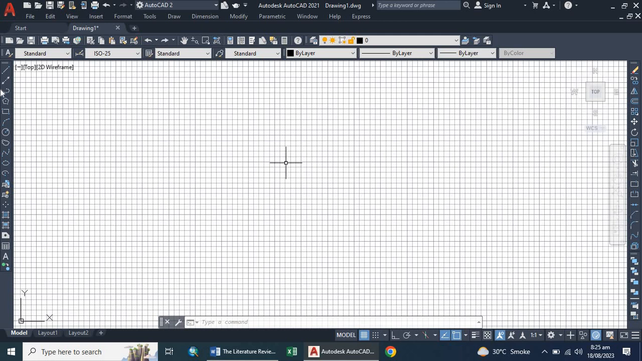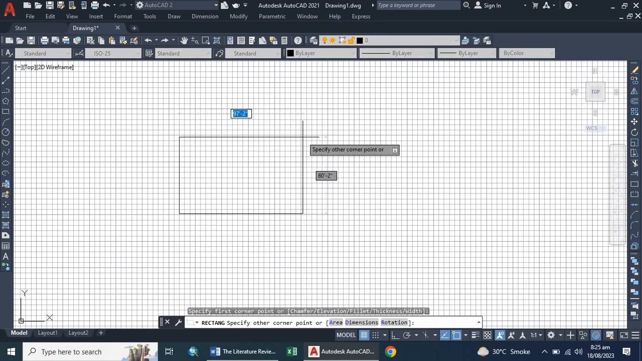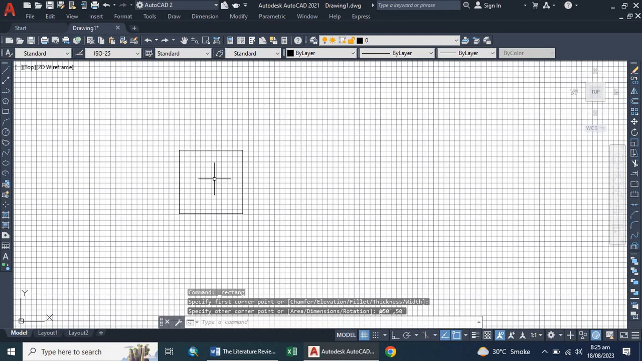For example, I want to draw a rectangle here. As you can see, this is the rectangle command, and I want to just give 50 by 50, like that. I have given 50 by 50 feet, as you can see. Now I want